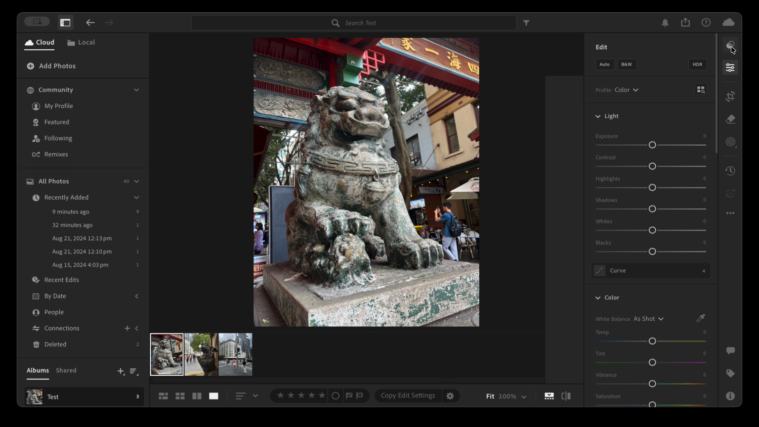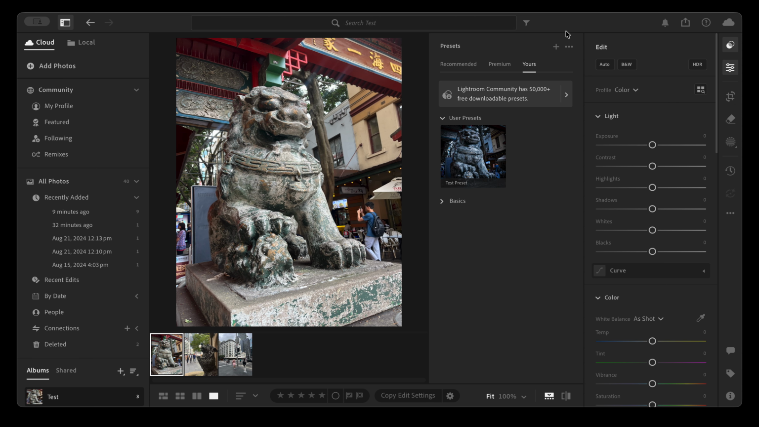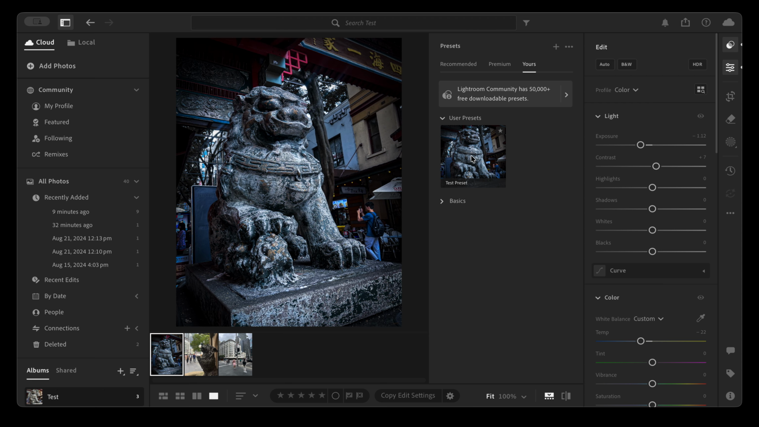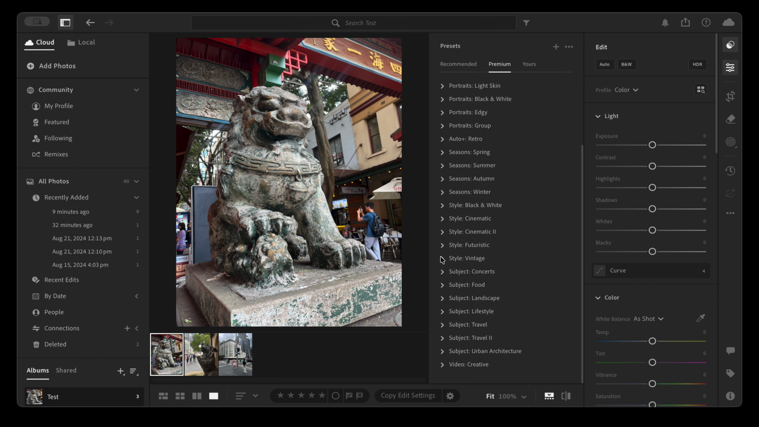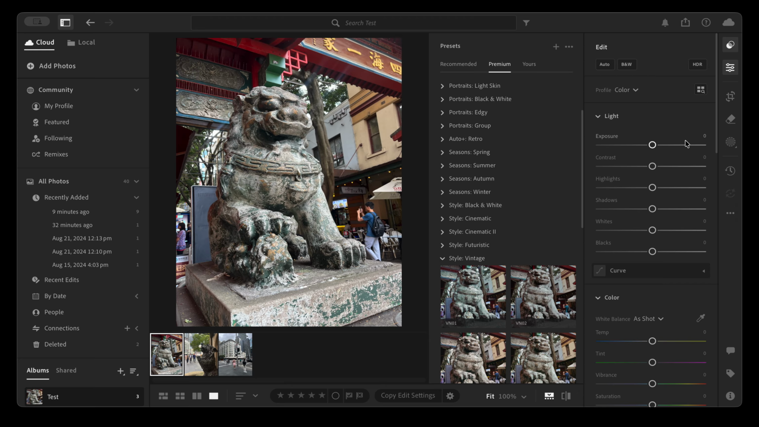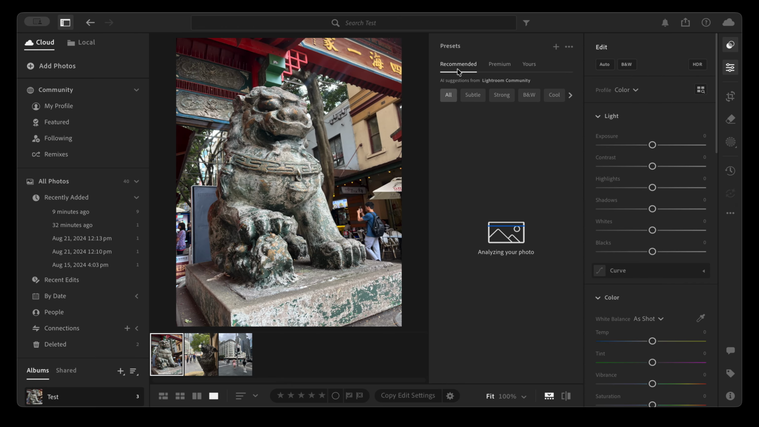First thing we're going to look at is presets. So that's this button here, and it comes up with recommended, premium, and yours. Yours is if you've already saved one, so I had done that earlier. Premium, this is coming up with auto sort of presets. What that does effectively, so if we go to recommended, what's happening here,